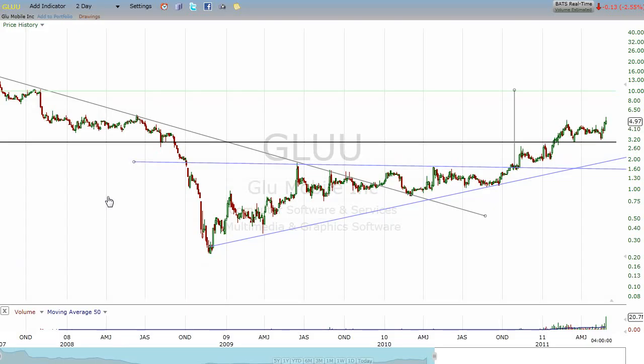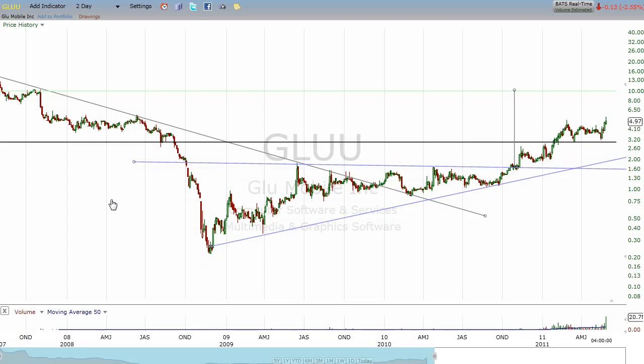But if it's a $5 stock, you look at it and you go, hey, that was a nice move. I think I may want to take some profits. So that's where an arithmetic chart can trip you up, because it shows that $1 move in Apple as being as significant as a $1 move in a $5 stock.